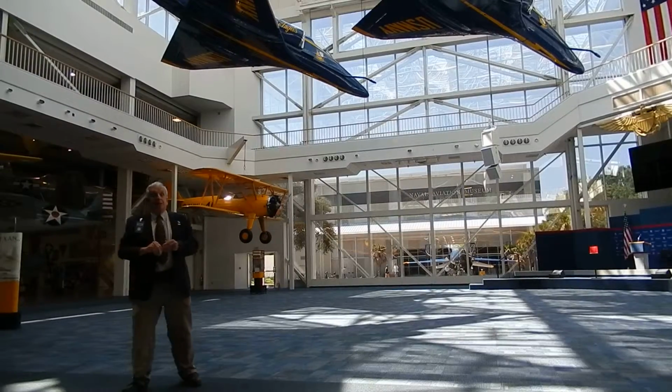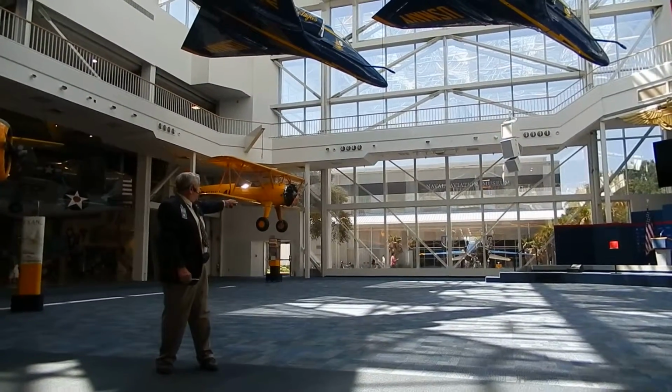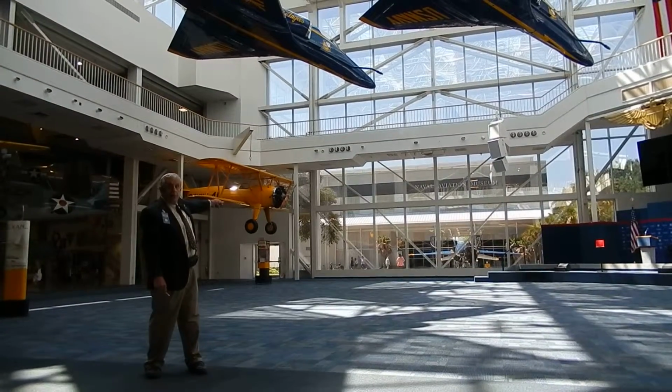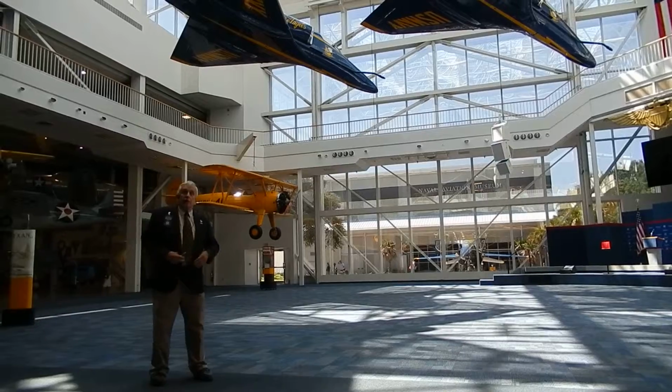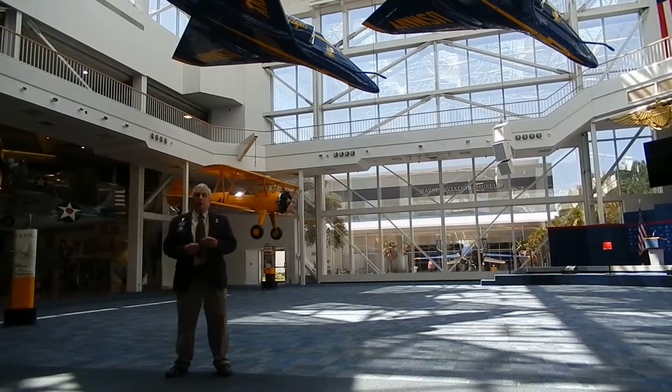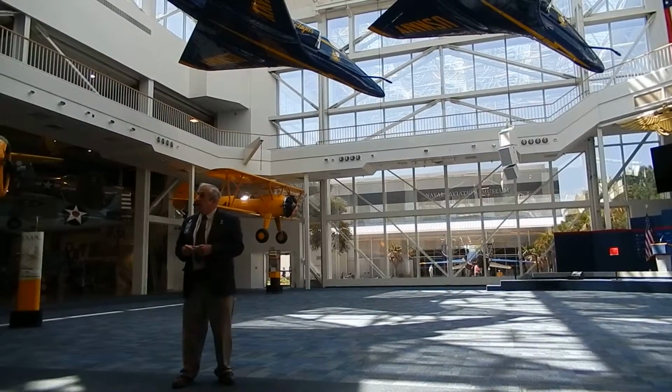Now, these planes are capable, our present planes. I told you this is just one generation back. The present plane that the Blue Angels are flying is right out there outside the window looking at us, the FA-18. It's certainly capable of going supersonic, almost twice the speed of sound. They're capable of doing it, but